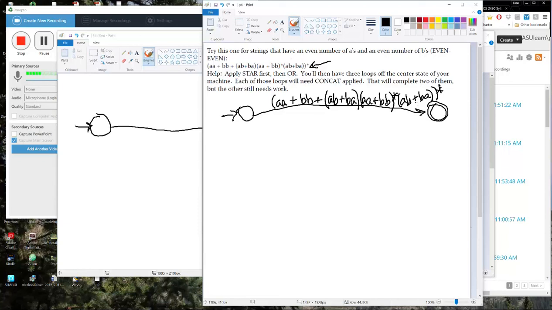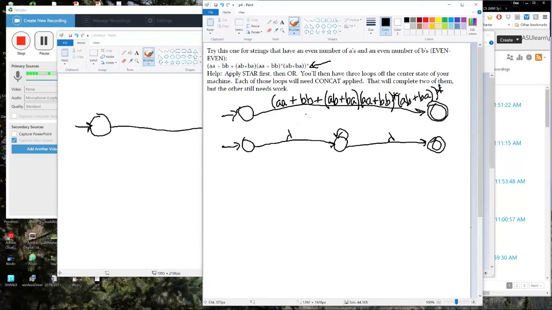Okay, so first thing you do, you say, can I get to those ORs? No. Can I get to the concatenation? No, because they're all buried inside that outermost star. So what we have to do is make a state in the middle, lambda to it, lambda away from it, put a loop, and put that entire thing,